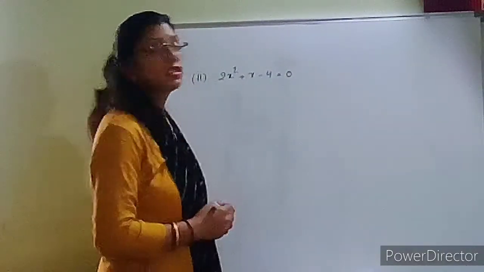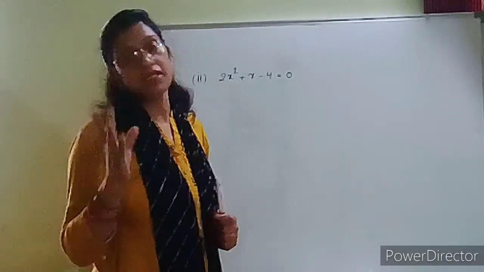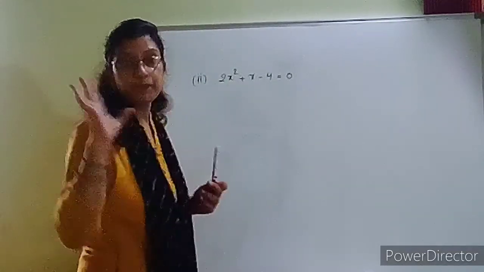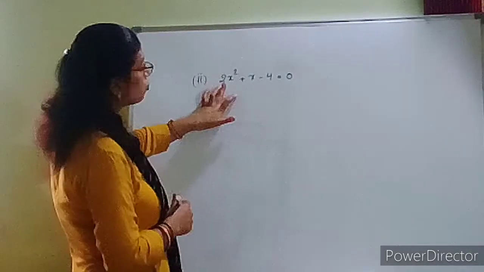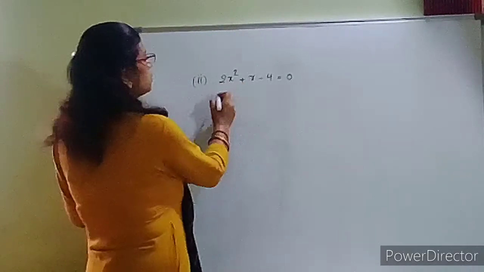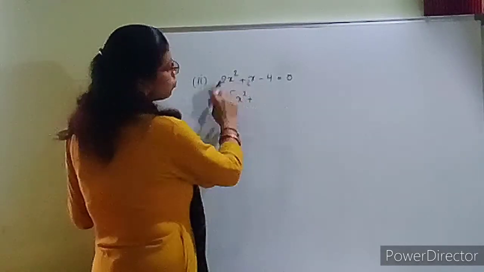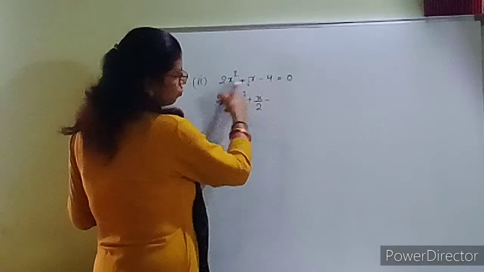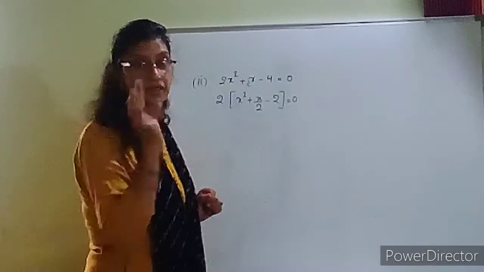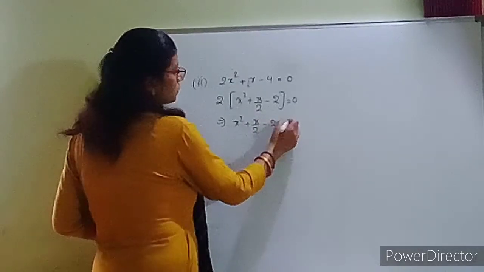The second part is 2x square plus x minus 4. We have to solve it by completing the square and by using the quadratic formula. Okay, first I am taking the first method, completing the square. What should I do? I have to take 2 common, because we have to make the coefficient of x square 1. So it is x square plus x upon 2, minus 2 equals 0. Taking 2 common, 2 times the bracket equals 0. You send the 2 to this side, 0 upon 2 is 0, so what you will get? x square plus x upon 2 minus 2 equals 0.